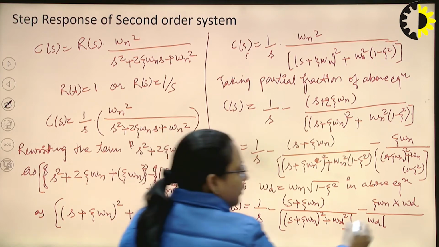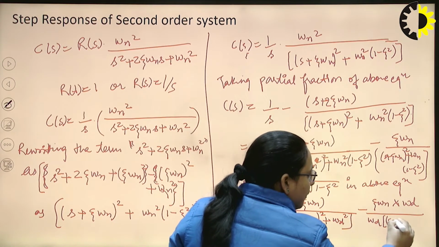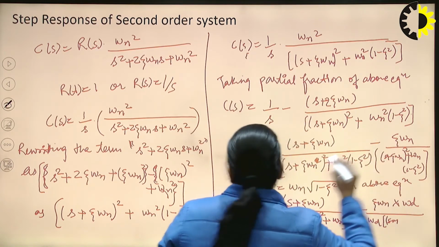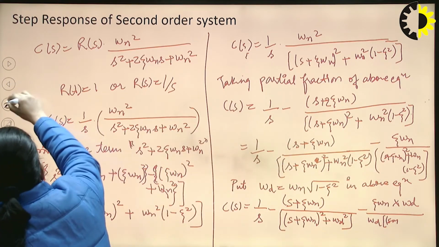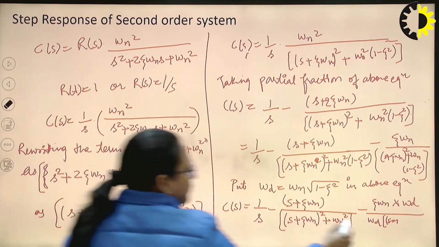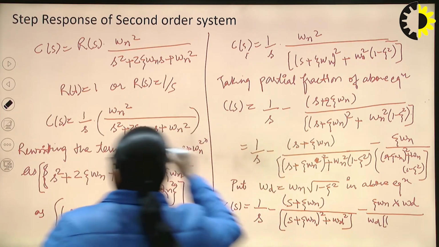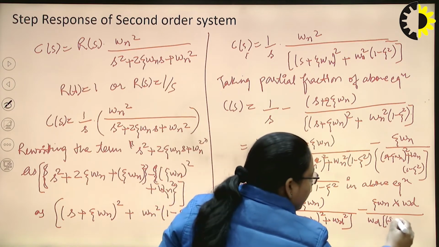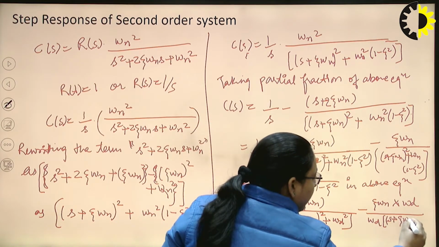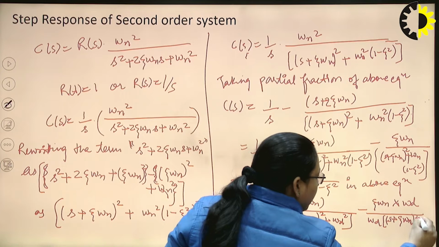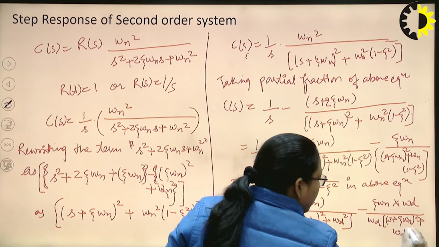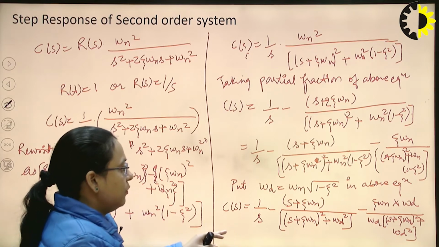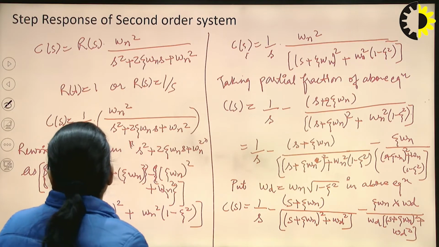This will be s plus zeta omega n whole square plus omega d whole square. Now taking the inverse Laplace transform of this equation,